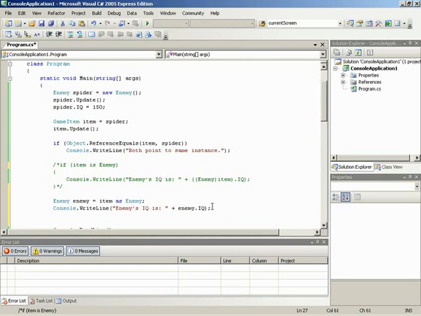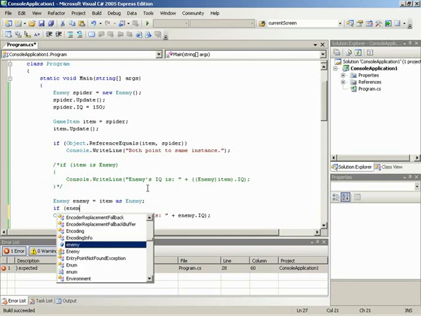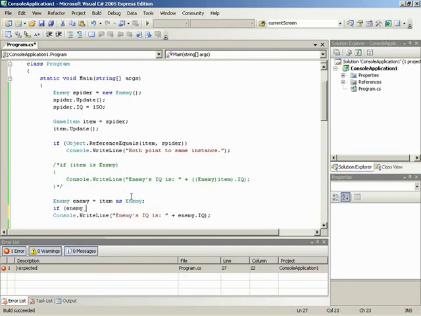So let's go ahead and put an if statement in there. So now we can do an if statement, but what do we need to check? Well, we need to check enemy itself. Because, again, like we were just saying, if item was not an enemy, and we try to view it as an enemy, we get back a null. So the check now needs to be if enemy is not equal to null. That means it's equal to something. Then